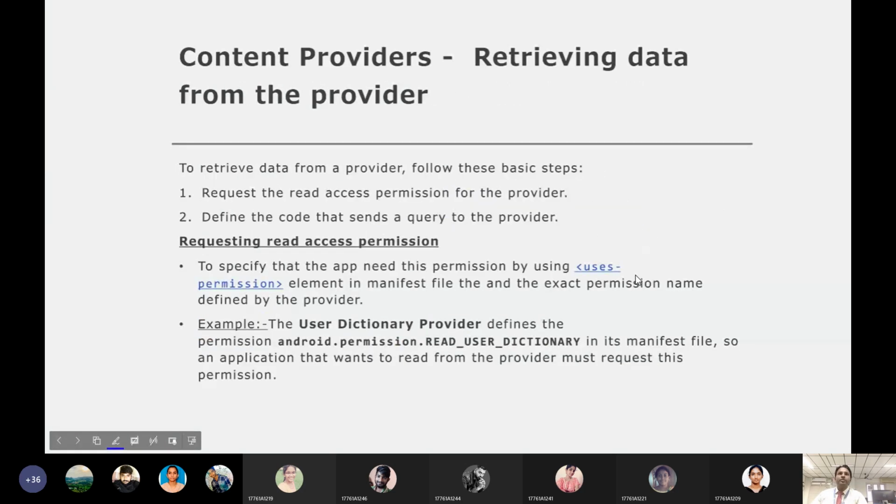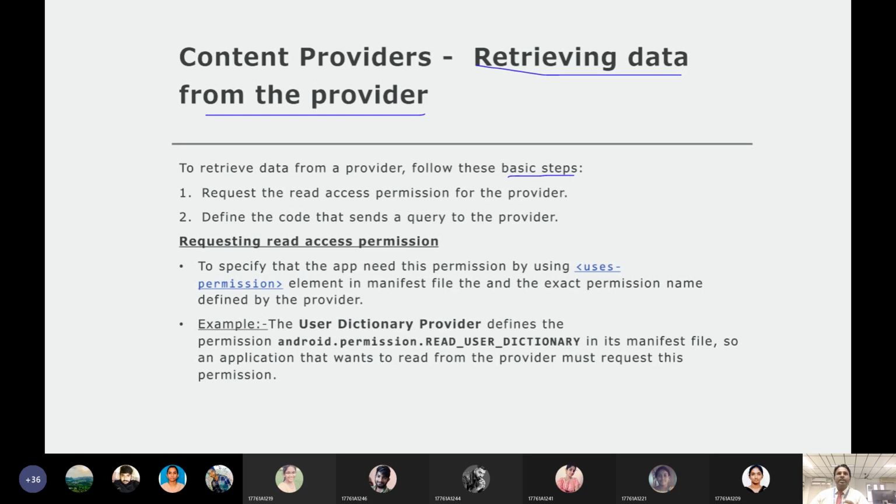And then in content provider, we have gone through what is cursor loader, what is content resolver, what is content provider, what is content URI, what are the parts in the content URI, and how those parts are used. Now we are going to retrieve the data from the content provider. Generally, how to do these things is